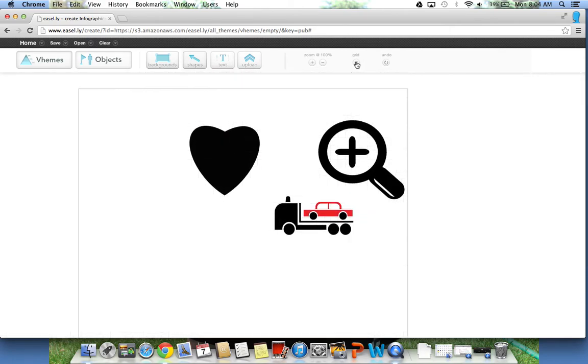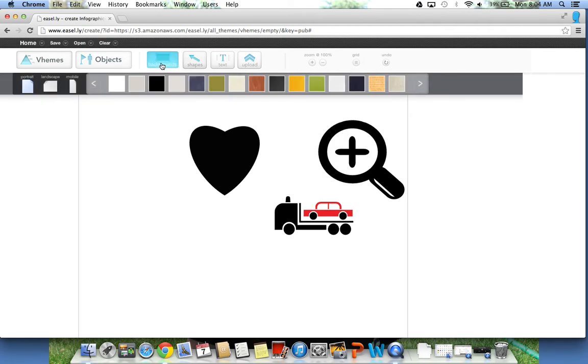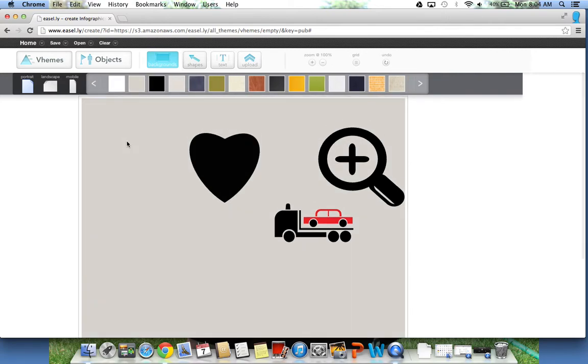So use the grid if you'd like. I've used it before where it's just on the canvas. All right, backgrounds. Backgrounds will give you your color. These give you all of the different options for your backgrounds if you would like. If you like this, click, hold, drag, and drop, and your canvas will be made with that color